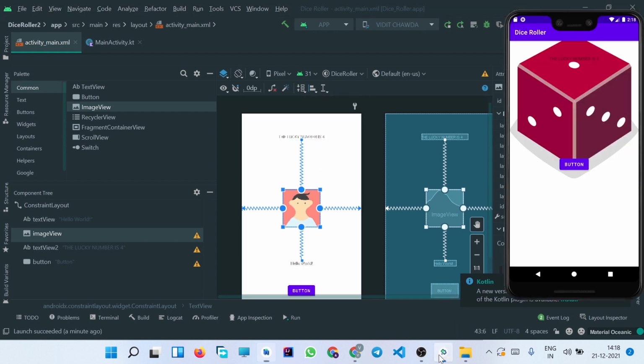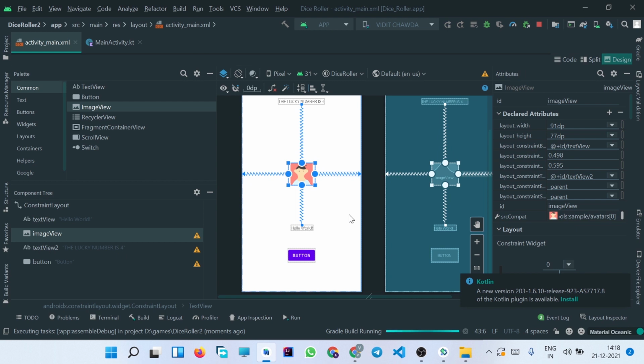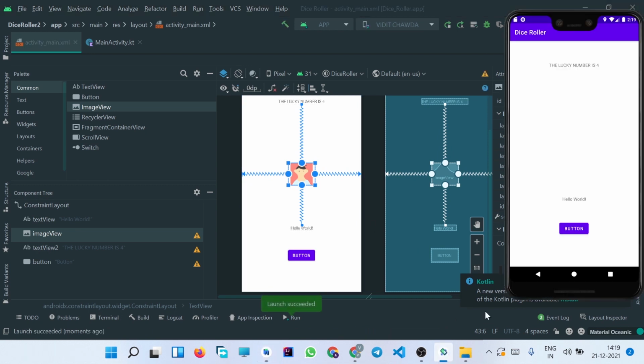And as we can see that the image is also very big, so let's make it small. Okay, so now we have made the changes and now let us try to run it again and let's see how it looks now. Okay, so I think it looks nice now.